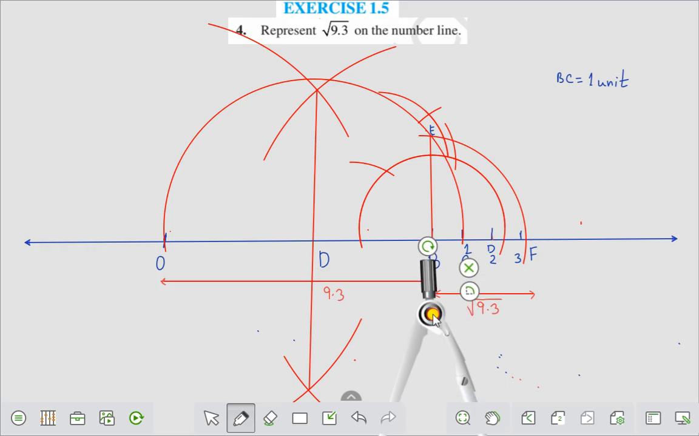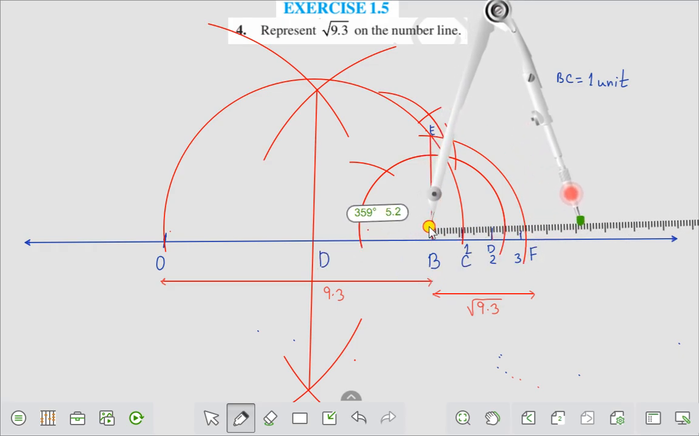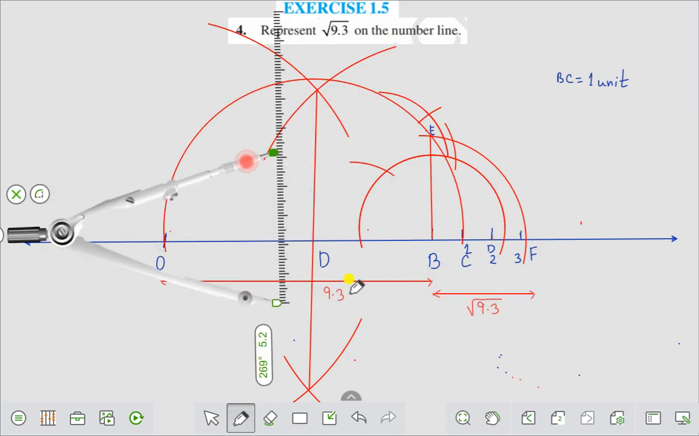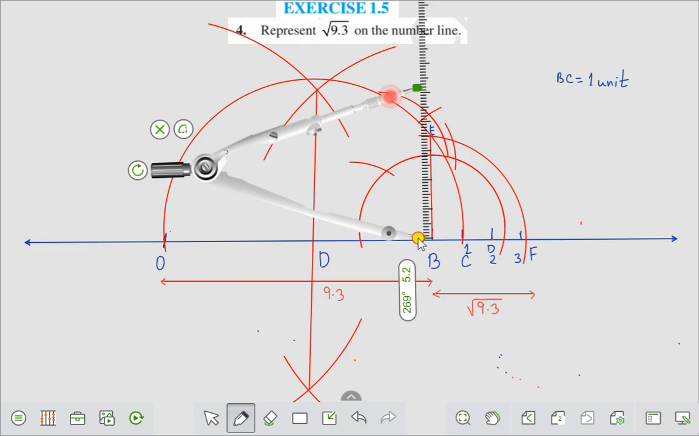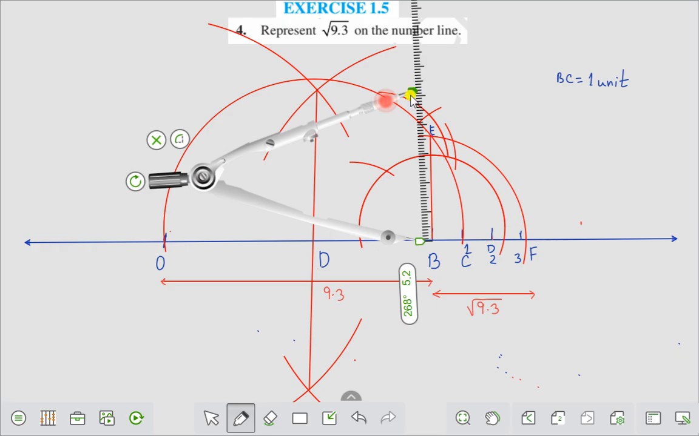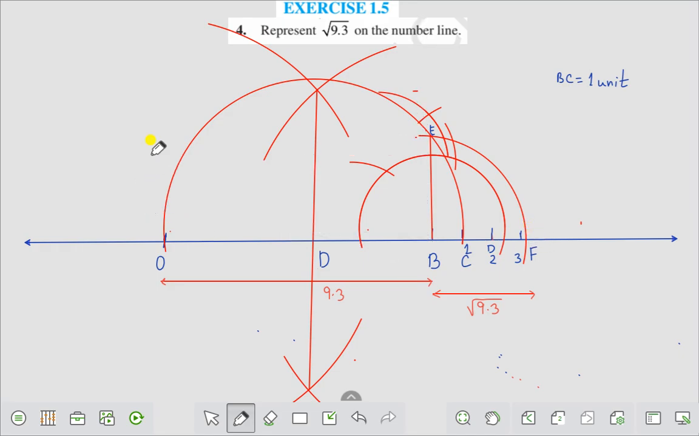Again, what have we taken? We take this line. Here you see, we take this measurement BE, the length BE. We take this measurement BE and draw this arc, and it meets at the point F, right? At the point F. That means we are getting